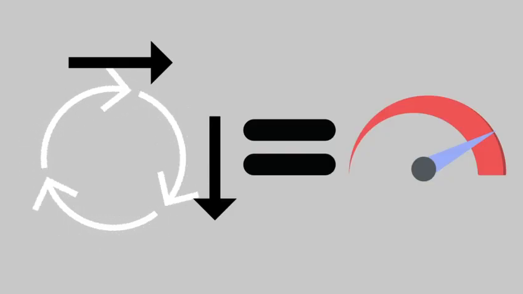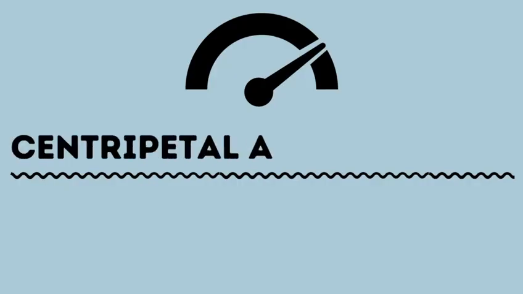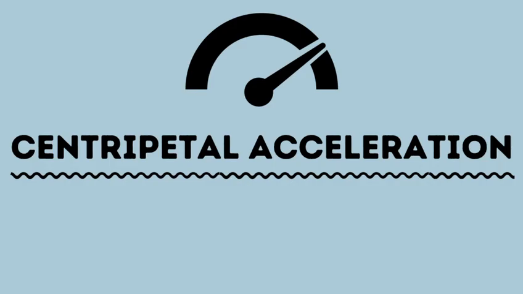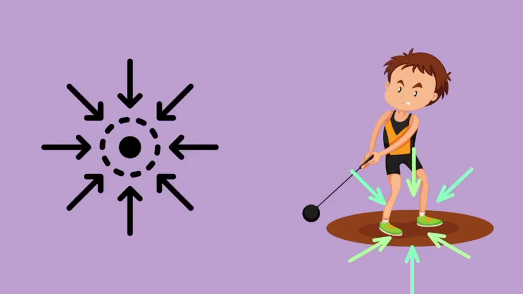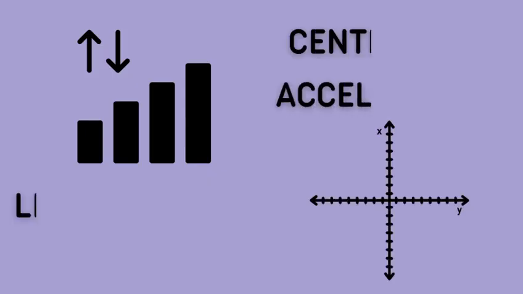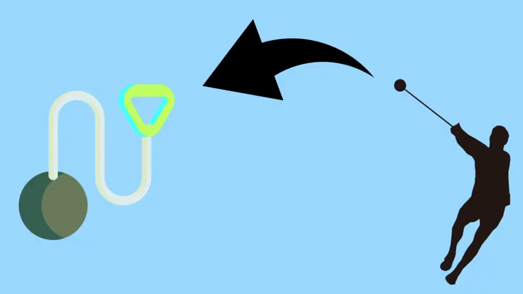As previously mentioned, when there is a constant change in the velocity direction, there will be an acceleration because the centripetal force provides the body with it. This kind of acceleration is called centripetal acceleration, which will help the change in the direction of the velocity and will always be directed towards the center of the circle. One important fact is that it will be in charge of the variation experienced by the linear velocity because these two are perpendicular. The athlete must know how to handle this acceleration to let the hammer go in the desired